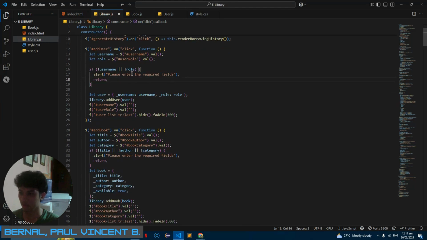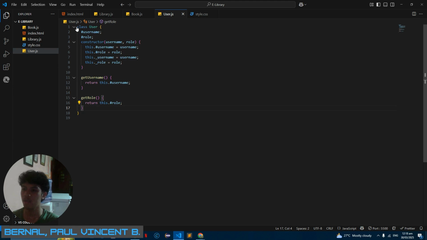Continuing with the case where the user inputs a valid value inside our fields, we use a user for username and user role. Since we need to implement encapsulation based on the requirements, this library class is connected to another class, user.js. As you can see, this username and user role is in our user.js.